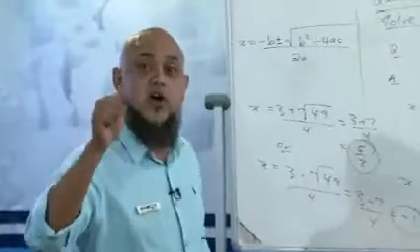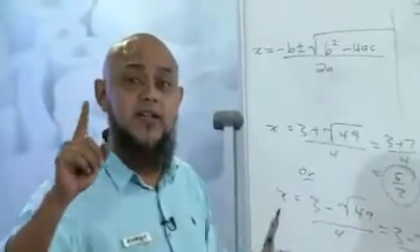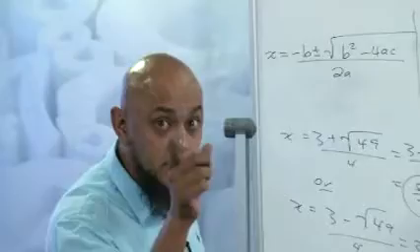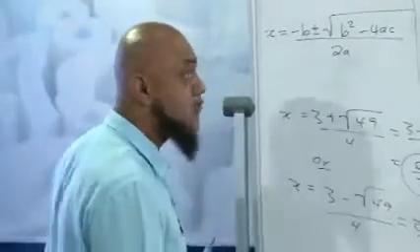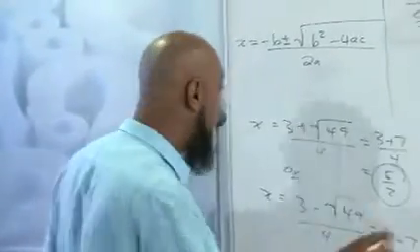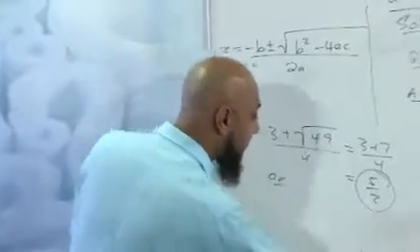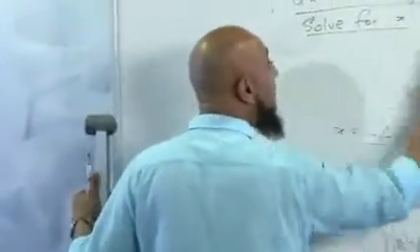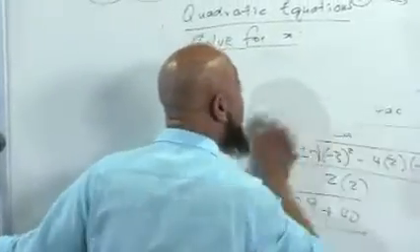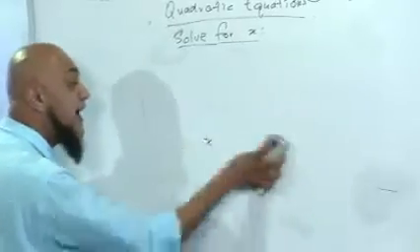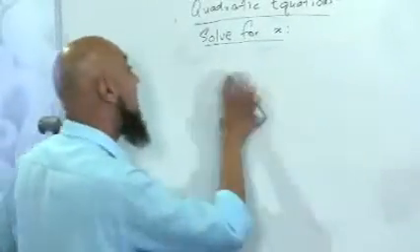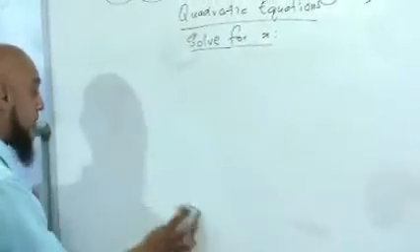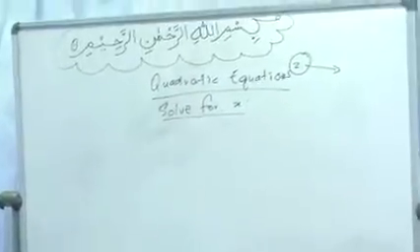We're now going on to solving by squaring both sides. So put the heading: solving for x by squaring both sides. So let's erase and let's get cracking. Now again, boys and girls, in the exam, it's not going to tell you to solve for x by squaring both sides. You're going to have to identify that you've got to square both sides. And how are you going to do it? That's what we're about to show you. Let's start.